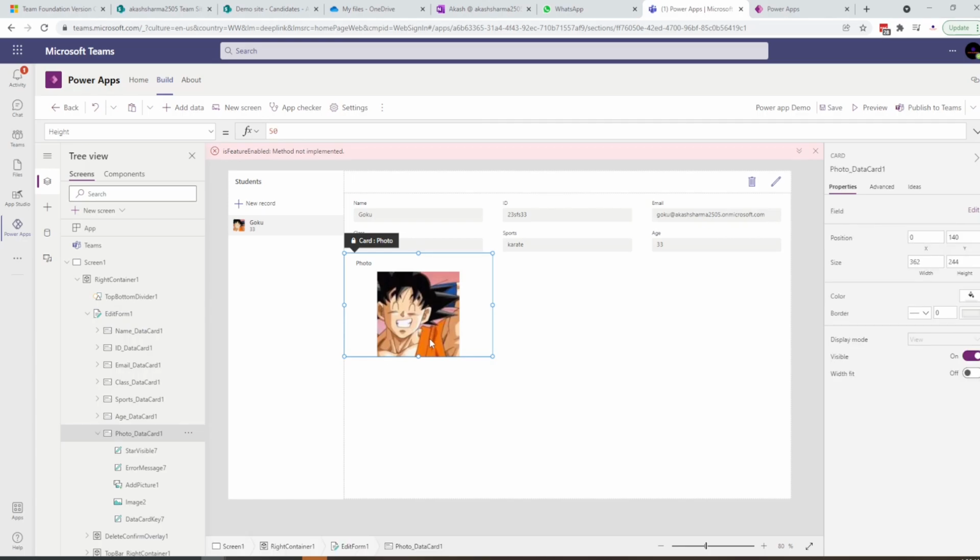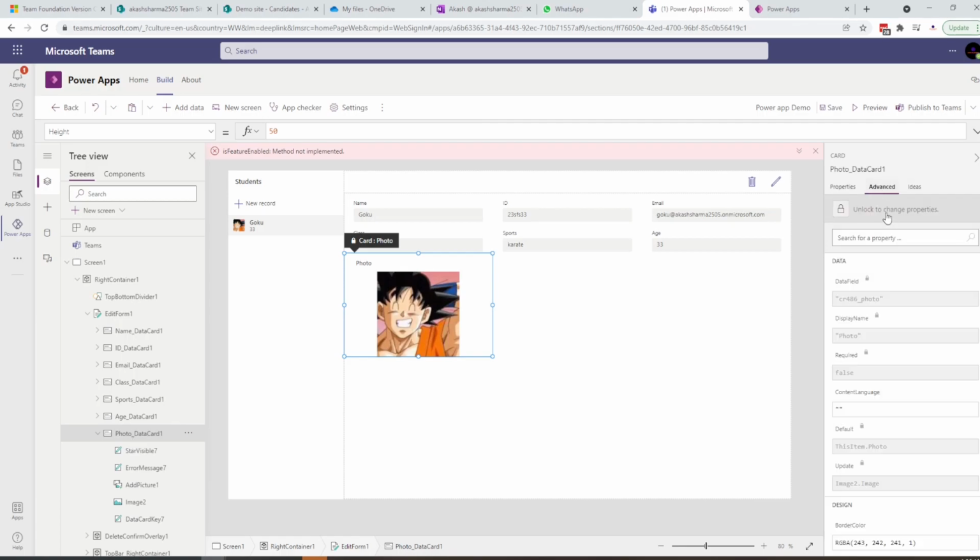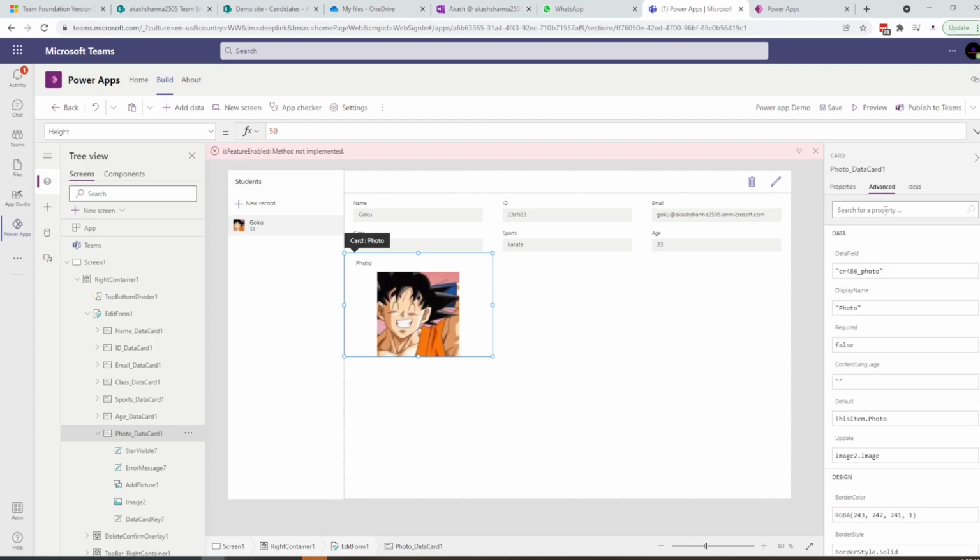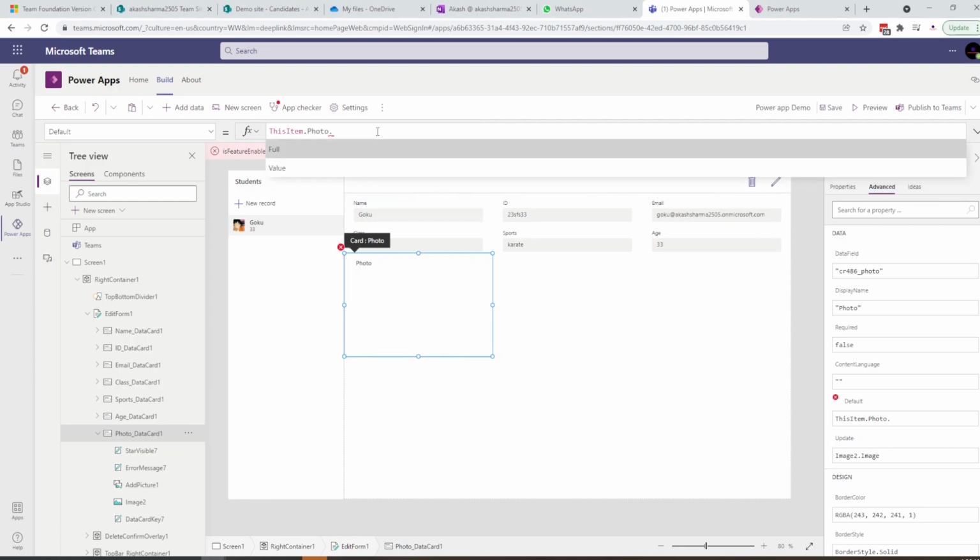If you check, this image is a data card actually, which contains photo. And if I go to advanced, it is kind of locked already, so I have to unlock it to check the options which I have to improve the quality of the picture. If I go to default and click on photo dot, I have full and value.